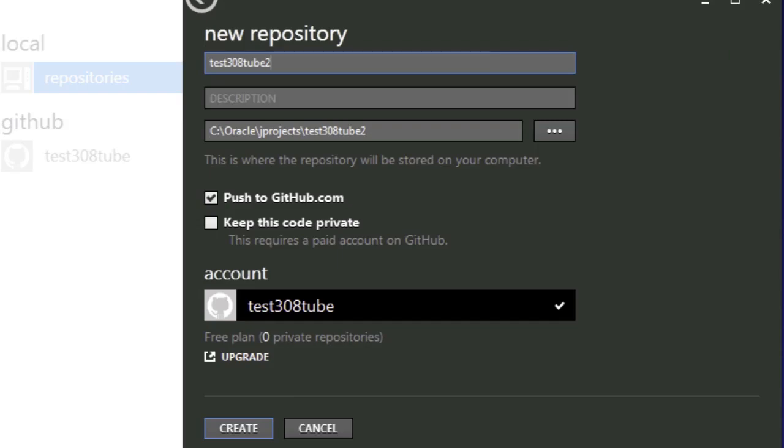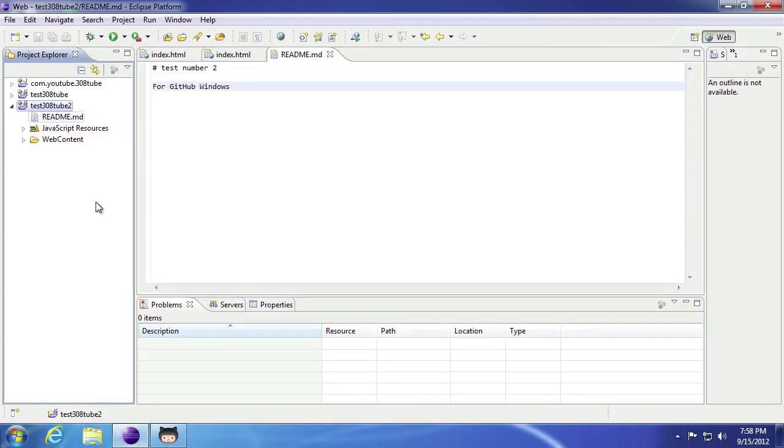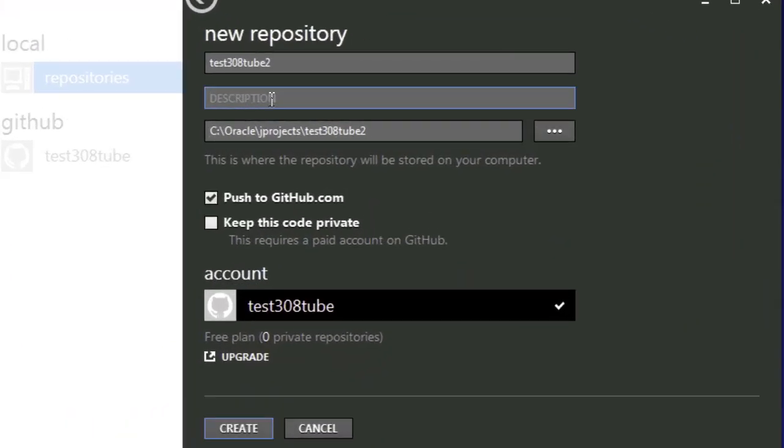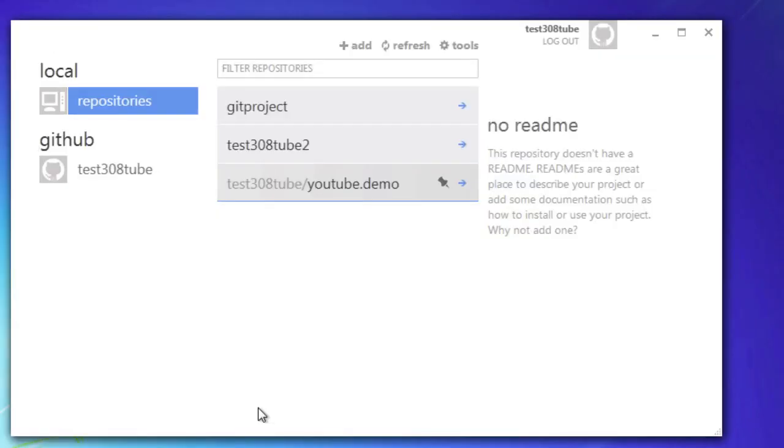Now you want to make sure that it's the same folder name as test 308 tube 2 inside Eclipse, and then we can say test GitHub Windows Client, and it'll say push to github.com. I'm going to unselect that for now. If you do want to just straight push it up, then you can check this. But then we're going to hit create,